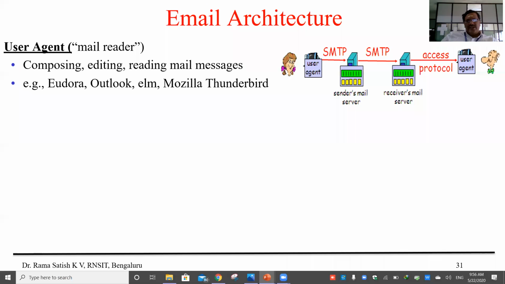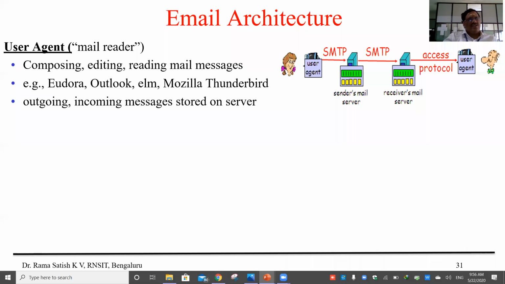You cannot delete them, so you have to store them. In such cases, you can certainly use user agent software. And you can also schedule: exactly at 10 o'clock, send a mail to my friend, or send a mail to my office boss. Just like that, you can send mails.